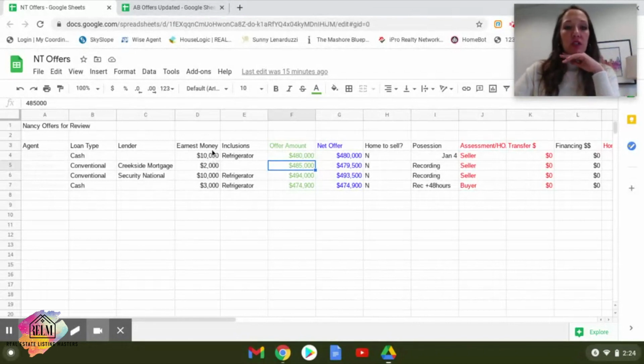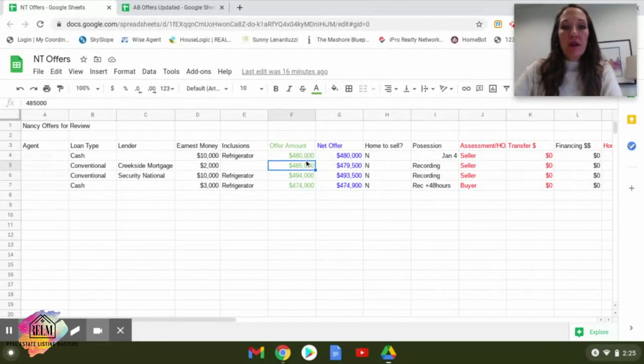So in this situation, we have two offers of $10,000 earnest money, two offers of $2,000 earnest money. $10,000 is not necessarily better than the lower amounts. Maybe the lower amount is all that they can do. But again, I'm just trying to look at all of the details to create that bigger picture. What are the buyers asking for? This is where I put in the inclusions section anything that they're asking for. In this situation, the refrigerator was already part of the offer. They wanted to leave the refrigerator. This is not a big deal, but in some situations, it could be a bigger deal.